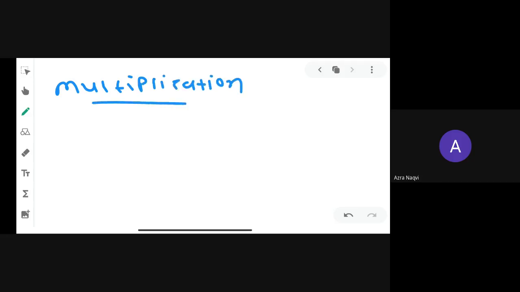Now you can see here we are doing multiplication. In multiplication, we know that we can multiply any terms. For example, we have 2x into 3y. What is the answer? 6xy. Exactly, 6xy. Here we are not checking whether it is a like term or unlike term. We are just doing simple multiplication: 2 3s are 6, x and y. Clear all of you? Yes, sir.